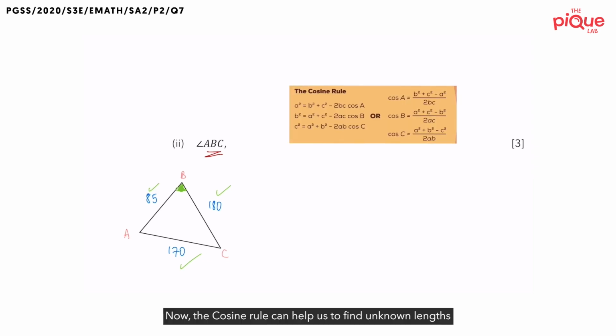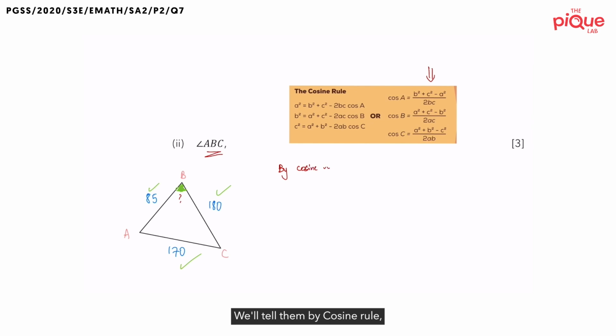Now, the cosine rule can help us to find unknown lengths as well as angles along a non-right angle triangle. And in this case, because we are interested to find an unknown angle in a non-right angle triangle, we'll be using this variation of our cosine rule itself. So let us plug and play the values into the formula. We'll say by cosine rule, cosine angle ABC is equal to